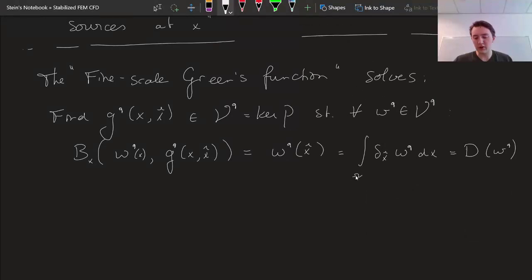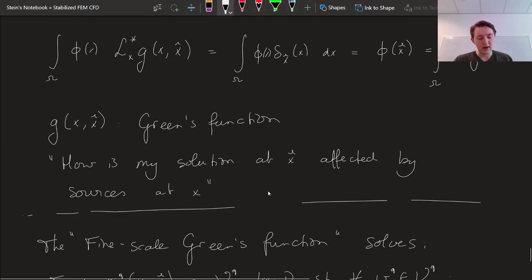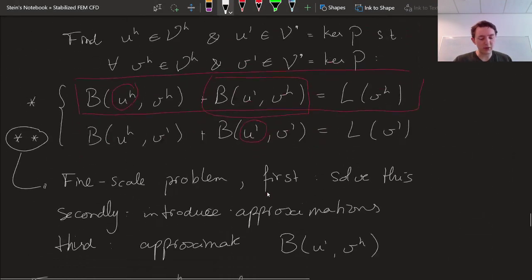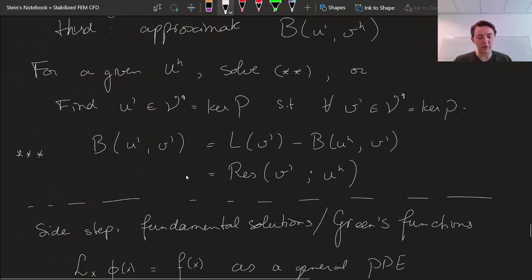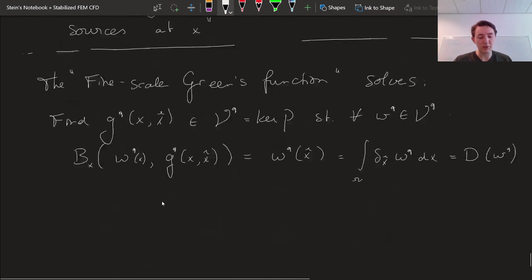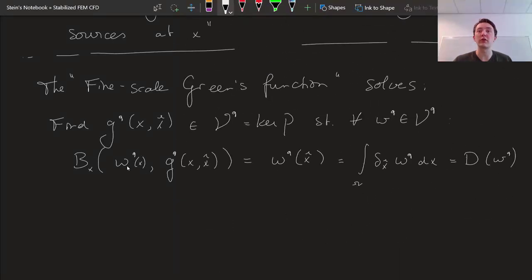So again, we're producing a Dirac delta here, and adjoint because if we take a look at the original fine scale problem, then we have the test function in the second slot, but now we're putting the test function in the first slot. So that was not by accident. That's actually precisely what makes this the adjoint. You can show this by doing the integration by parts steps, then you'll find that these variables flip around. So this is actually the adjoint differential operator, this guy,